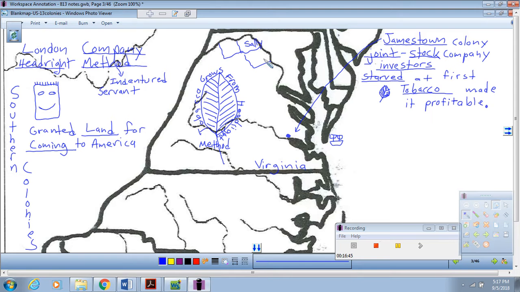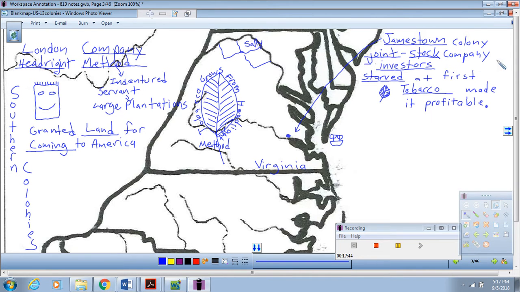It was people that were volunteering to sign up. So, the indentured servant method would lead to the creation of large plantations. And those that owned the large plantations were the ones that came over early enough and could afford to come over by their own money to get the free land in the first place, which enabled them to start the system of being able to have money to bring indentured servants over.